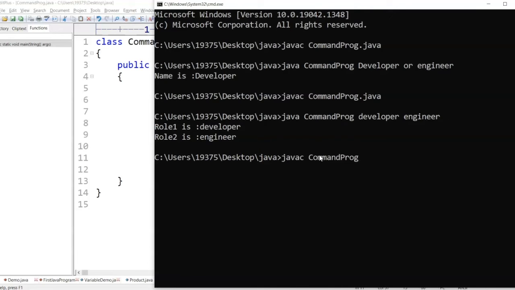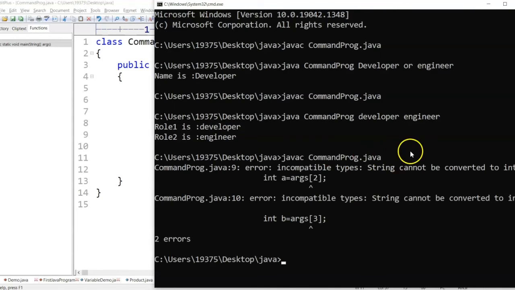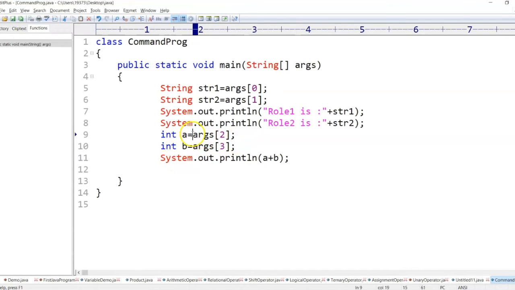CommandProgram.java. It is giving me an error because args of 2 is a string and you cannot directly convert it to a number. A string cannot be stored in an int.